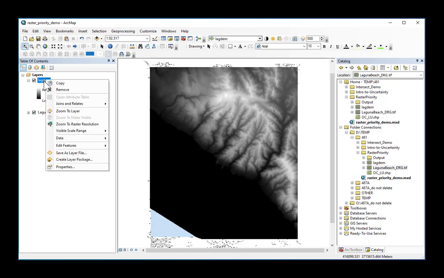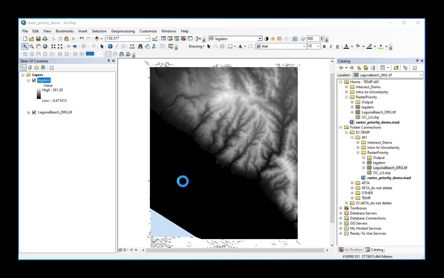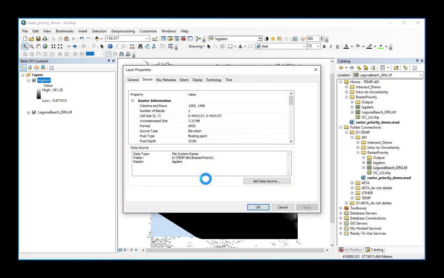In ArcGIS, we right-click on everything and go to its properties. This is where we get a lot of information about our grid. So I want to call your attention to the basics of the properties that are very important. The first one is the columns and rows. That tells us how many columns and rows are in the grid. The next one is the cell size. That tells us that each cell is